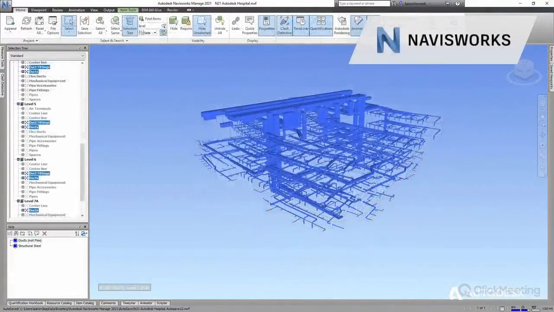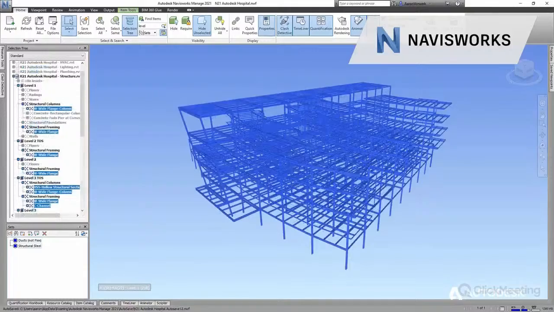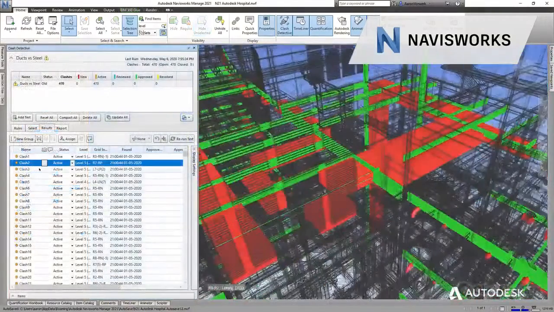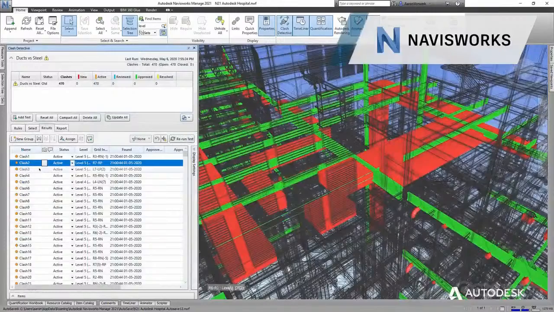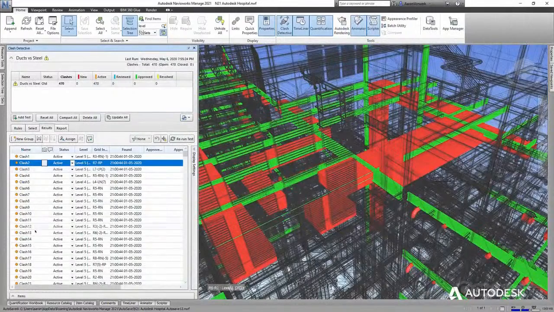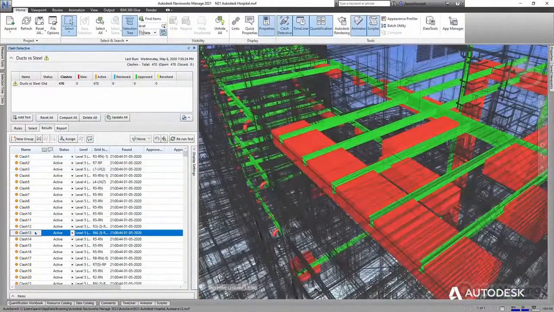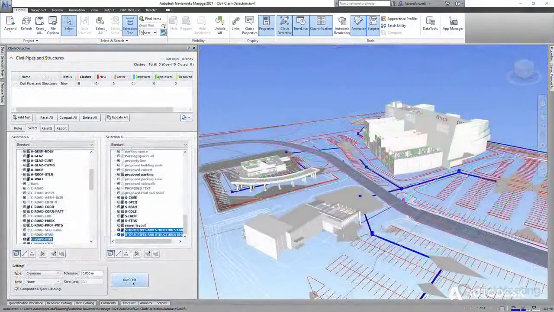During pre-construction, design teams and contractors can perform 3D clash detection on the building and site models in Navisworks. Together, the team can identify interferences between steel framing and mechanical ducts in the building, as well as between site